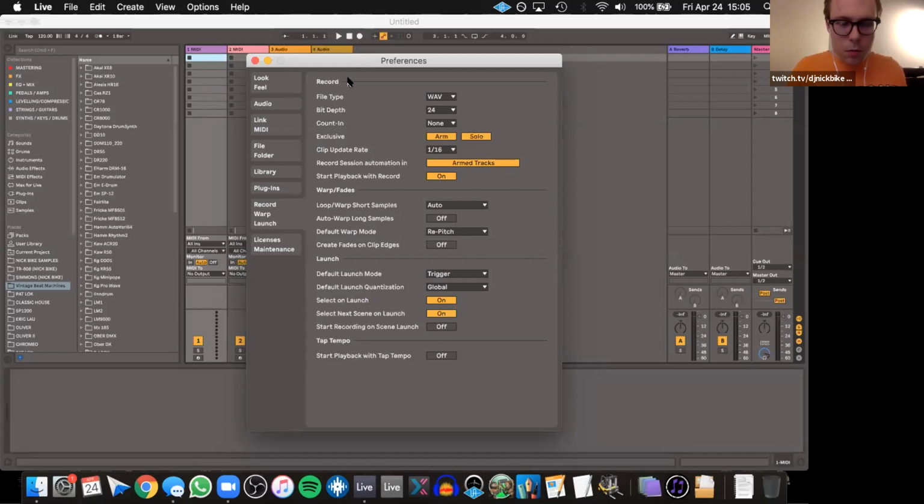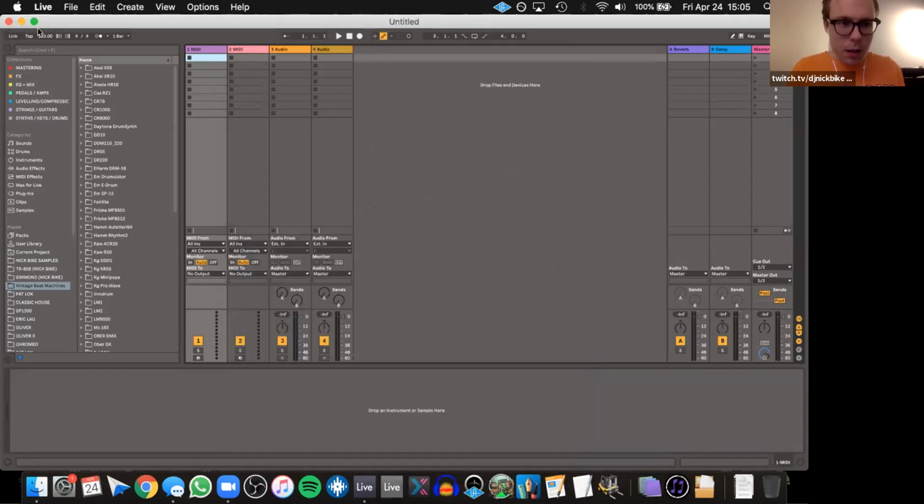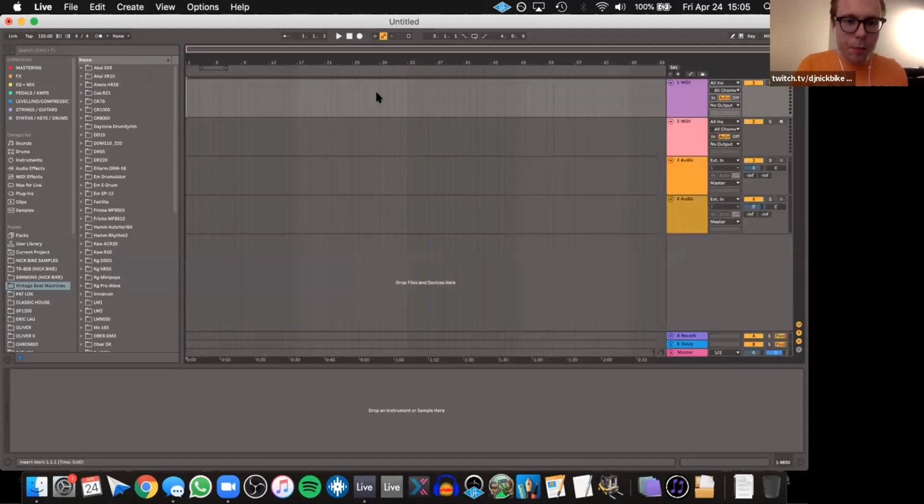I was going to do a couple other things in here. I'll just be quick on them. Mostly in the top left here. A thing I like to do is changing the launch count-in to none. And this is really useful in a session because you can click around kind of like you would in Serato on the track wave.